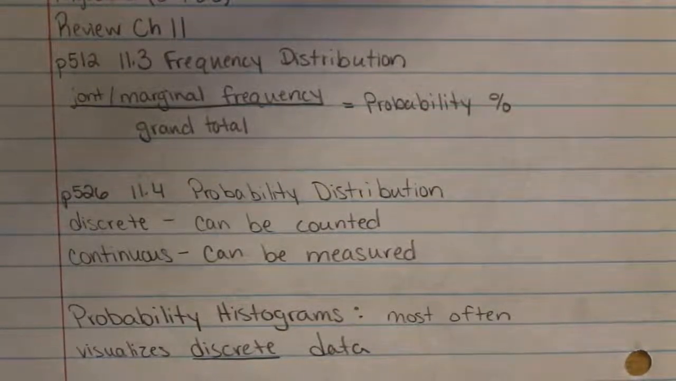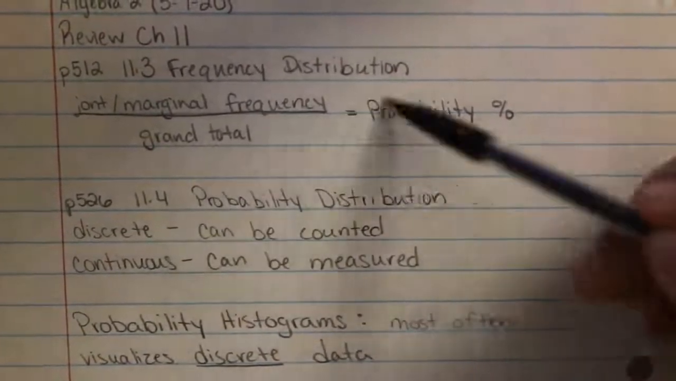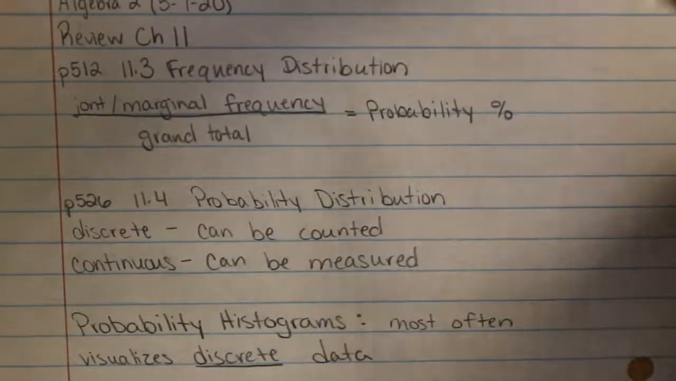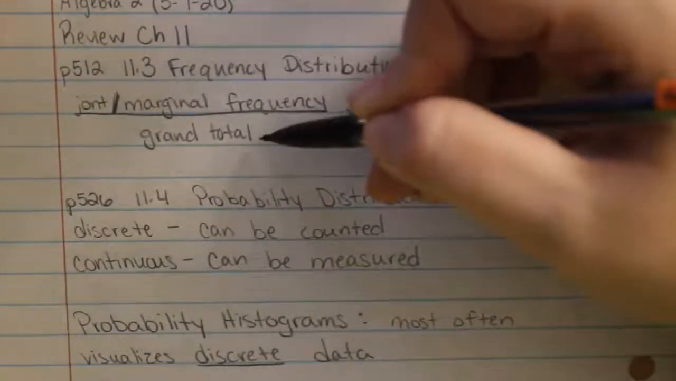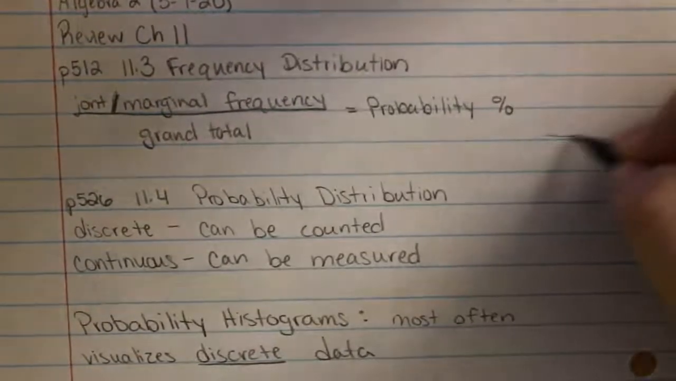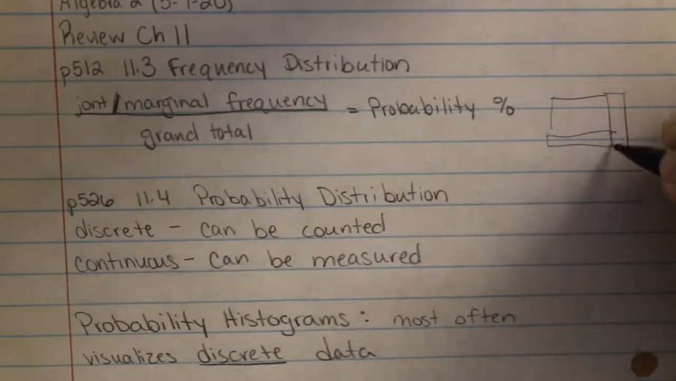Like yesterday, we are still in chapter 11, so I'm going to go over 11.3 and 11.4. The main thing with 11.3 is knowing this frequency distribution thing here. So frequency distribution deals with the joint slash marginal frequency divided by the grand total. So this is where you have your box on the inside and then you have your outsides with your grand